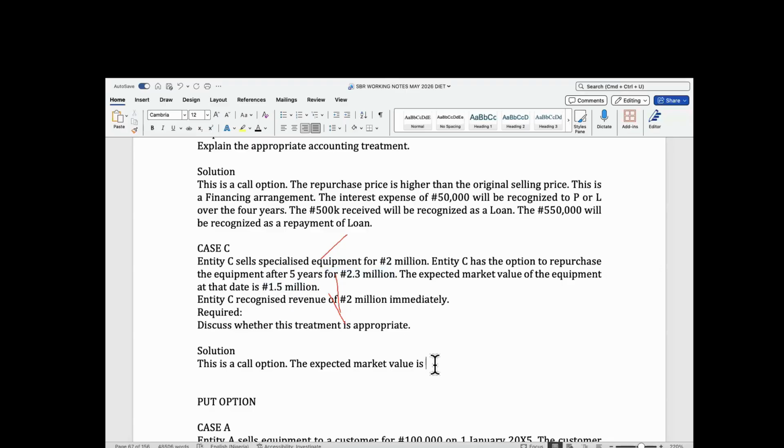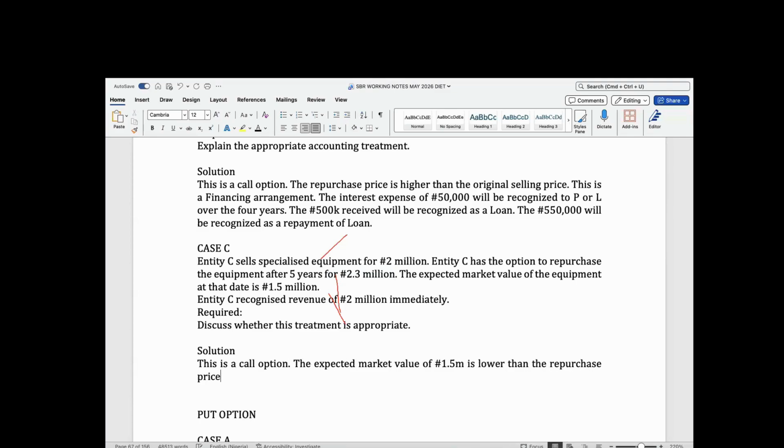So the expected market value of 1.5 million is lower than the repurchase price, which shows that the seller,